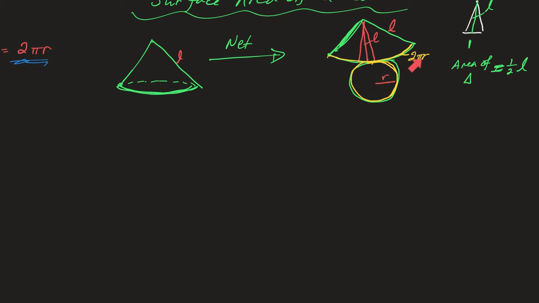So that's 2 pi r, which is the circumference. So this distance is the circumference. Okay? So therefore, we have everything. We know the distance of this, or the area of this would be 2 pi. So let's say the lateral area of a cone